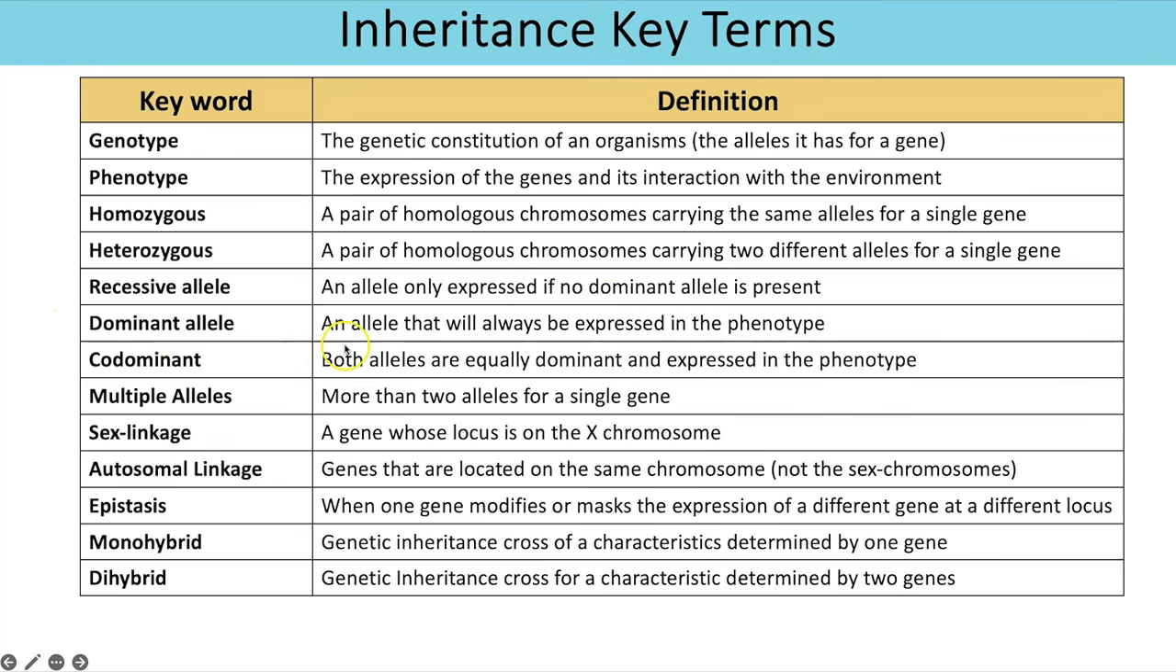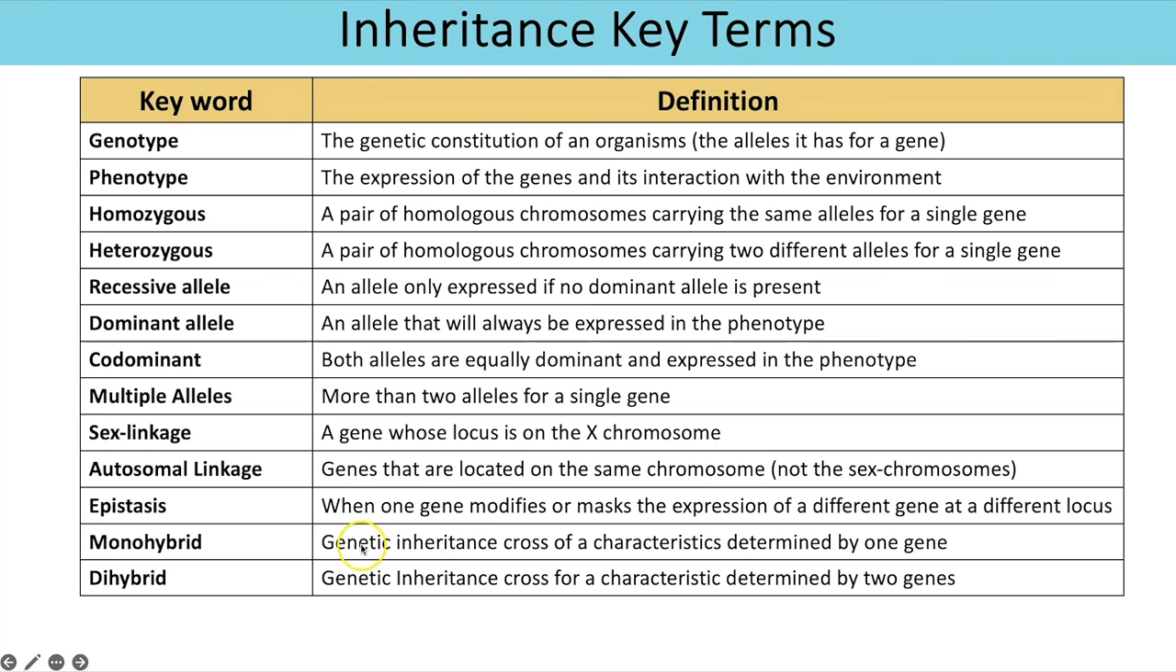And co-dominance is when you have 2 alleles that are equally dominant, and therefore if you have a copy of both in your genotype, both will be expressed in the phenotype. Multiple alleles is when there are more than 2 possible alleles for a particular gene. Sex linkage is when a gene is located on the X chromosome. Autosomal linkage is not about the sex chromosomes, but it's when genes are located on the same chromosome,